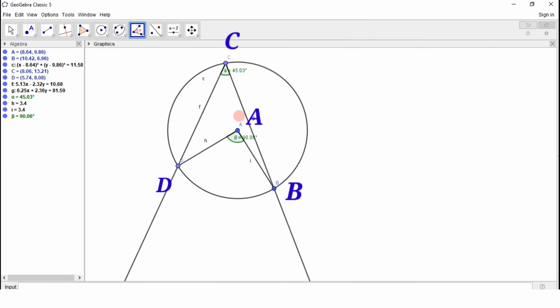So here we get the measure of angle DCB, which is the inscribed angle, is half of the measure of arc DB, which is the intercepted arc. So here we have verified the inscribed angle theorem by using the GeoGebra app. That is, the measure of an inscribed angle is half of the measure of the corresponding intercepted arc. So not just the inscribed angle theorem, we can verify any principle or theorem in mathematics